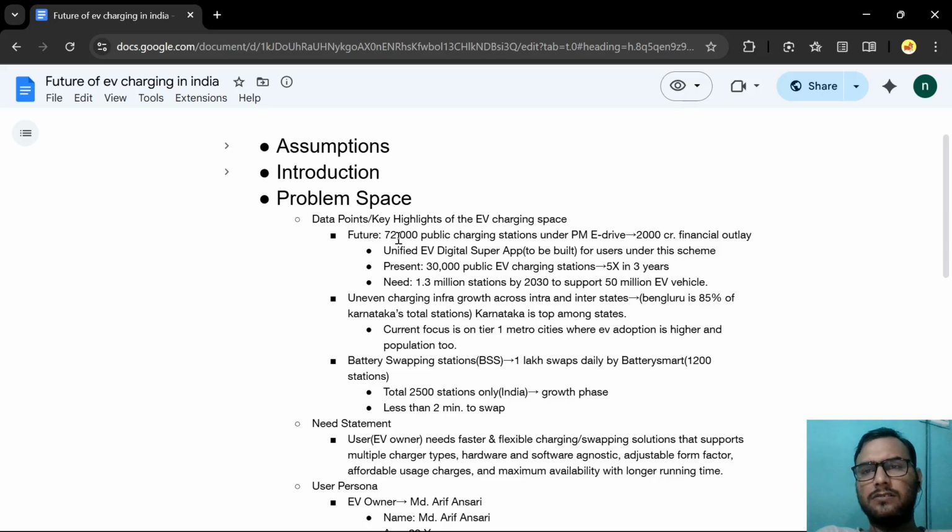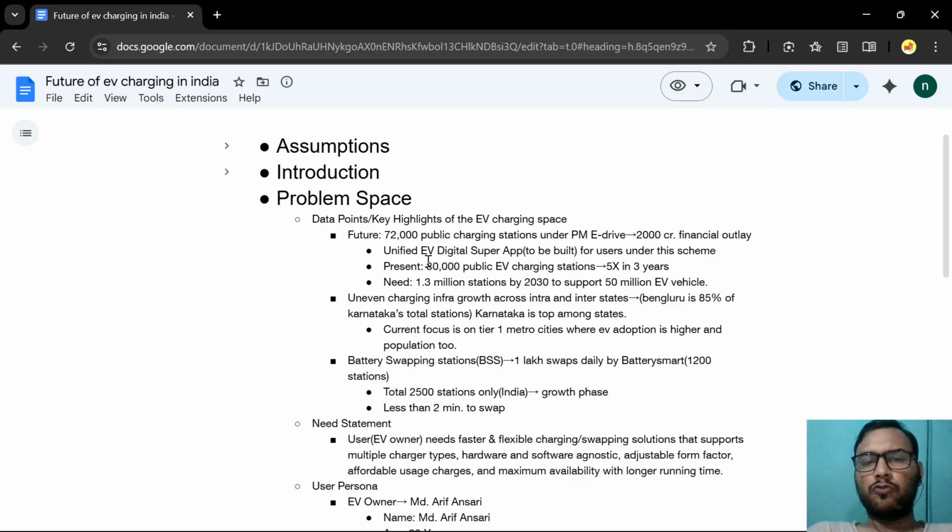I think in the budget there is an outlay of 2,000 crore. Our ministry had a meeting where they had discussions with multiple ministries regarding this development, and I think BHEL has been identified as a nodal agency, which will develop